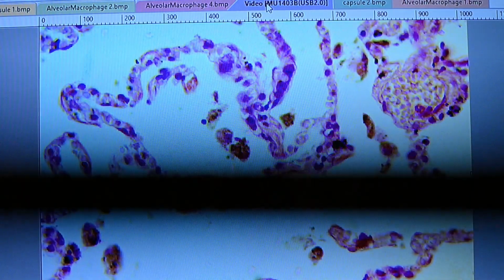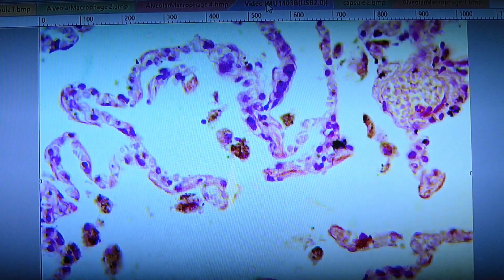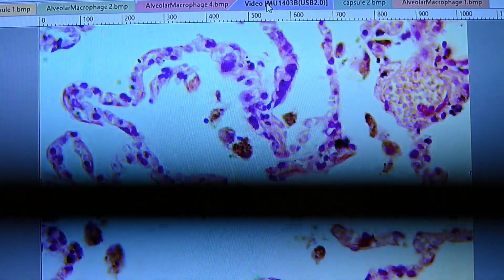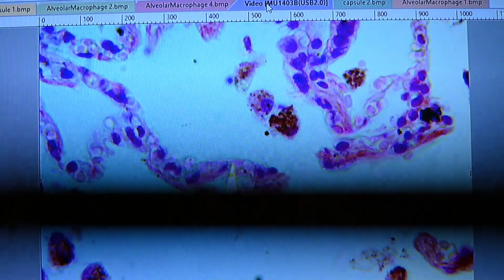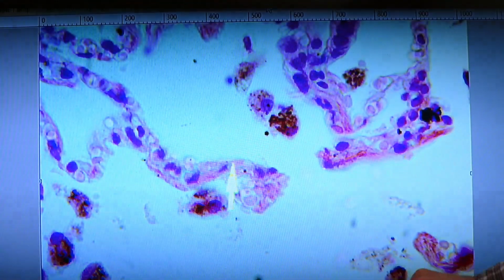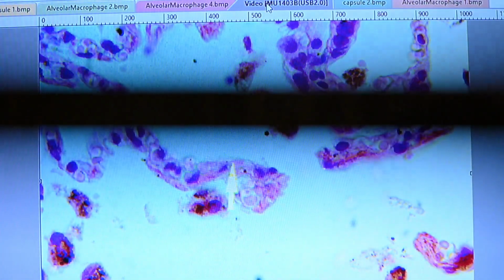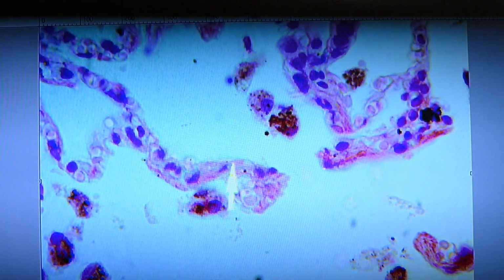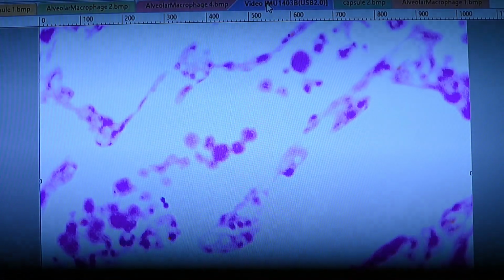There's several alveolar macrophage cells here, right above the pointer, right here in the middle of the screen. We'll magnify that a little more, see if we can get a better look at those. These cells right here, there's quite a few others on this particular tissue sample from a different lung. And another example, let's find some on this other slide. Quite a few examples on this slide, but